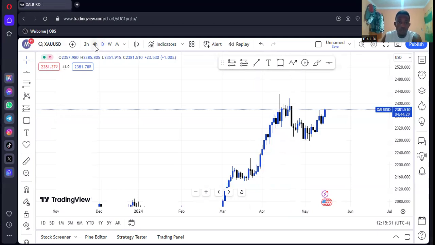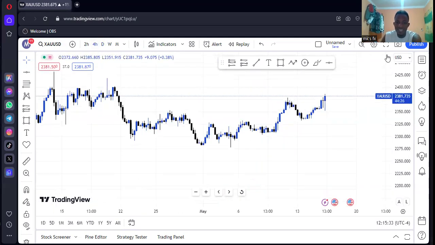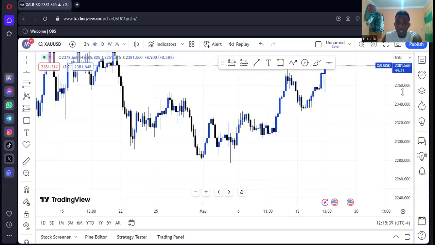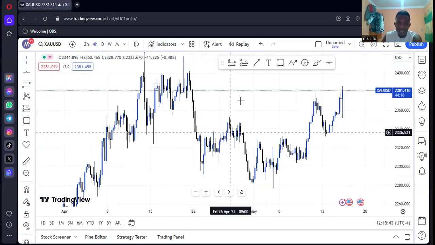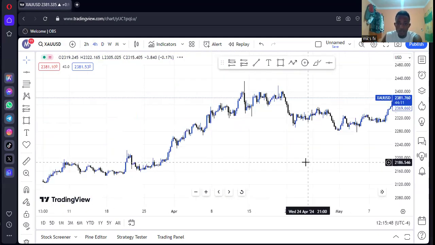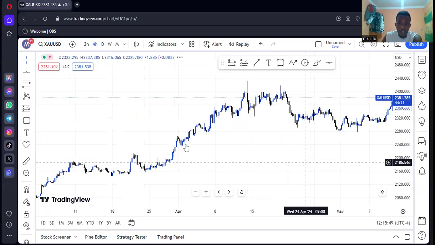So let us go down to the 4 hour time frame. Now, guys, on the 4 hour time frame, if we look at the present information, we are going to see that gold is buying. But why was gold buying? Guys, let's come back from here. Let's go back to the previous data. All right, you see from here, gold was buying, right? Gold was buying from here. And what happened at this level?